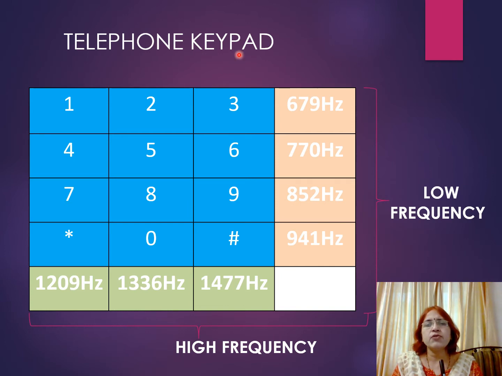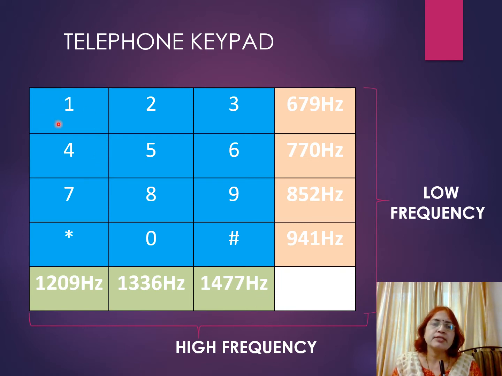This is the telephone keypad with row frequencies and column frequencies. So these are the standard frequencies defined by telecom industries. Now we are going to see the telephone keypad. So this is the first row frequency 697 Hz. So likewise other frequencies are given here. And these three are the column frequencies. 1209 Hz, 1336 Hz and 1477 Hz.